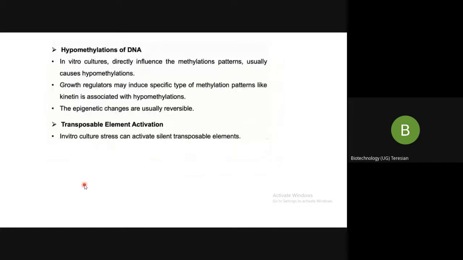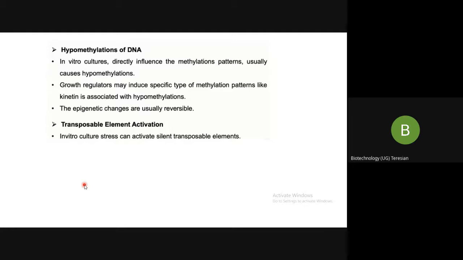Next, we'll come to hypomethylation of DNA. So DNA methylation is a process. See, DNA methylation occurs in humans also, but we are not going to speak about the human thing because it leads to cancer. All those things are there. If you're interested, you can study about that also in humans, what it leads to. But let us see what is happening in our somaclonal variation.